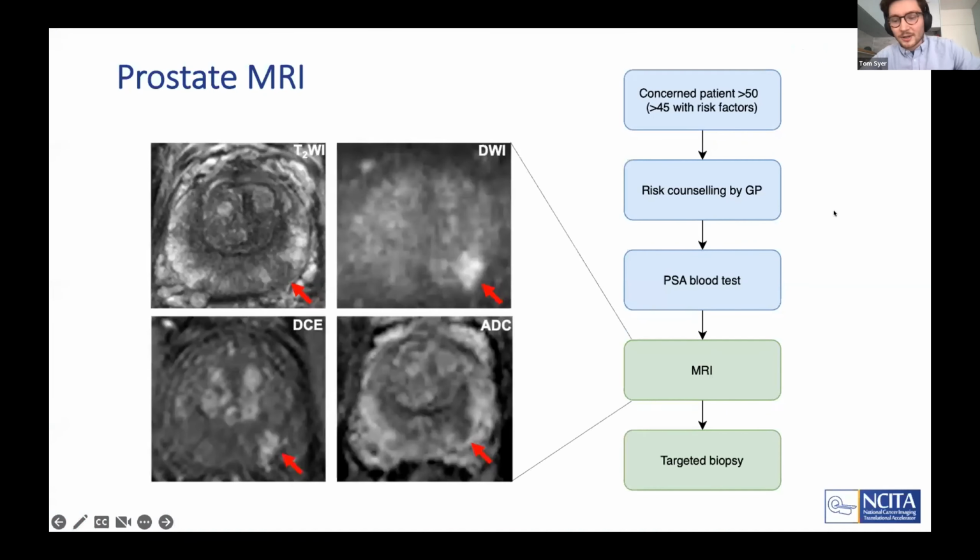So as Professor Caroline Moore's already touched on, the current pathway for prostate cancer diagnosis is following a raised PSA blood test. They would undergo an MRI, and a radiologist would find suspicious lesions, and this is an example of one, and they would score that lesion on a scale between 1 to 5 on how suspicious it was. If they found these lesions, they would then go on to have targeted biopsies